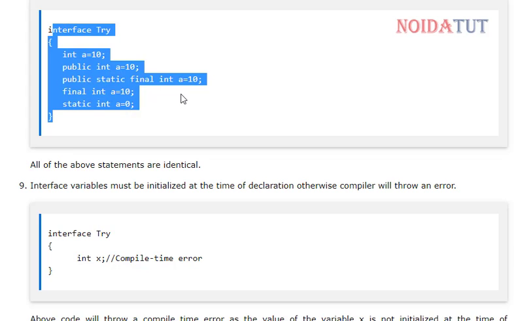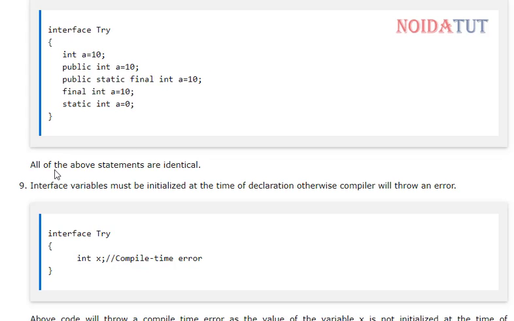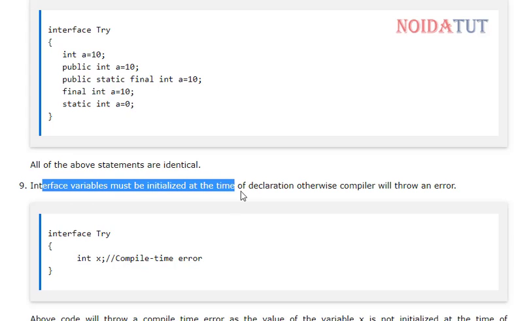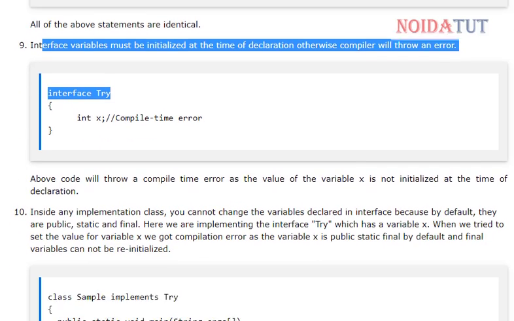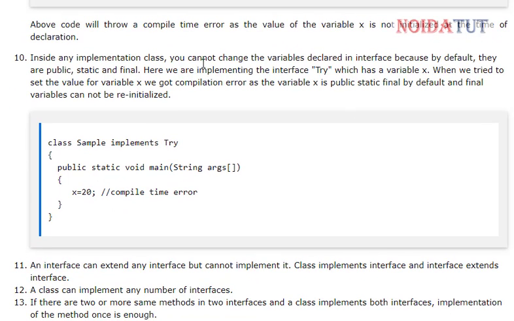Now let us have a look at the interface. All the above statements are identical. Interface variables must be initialized at the time of declaration, otherwise the compiler will throw an error. The above code will throw a compile time error as the value of the variable x is not initialized at the time of declaration.